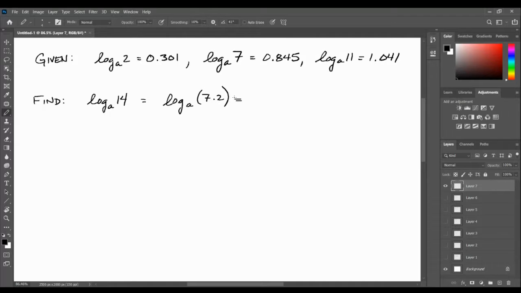Now that I have the log of a product, I can split that into a sum using the product rule. I know log base A of 7 is 0.845. I know log base A of 2 is 0.301. I add those two together, and I get 1.146, which would be the log base A of 14,